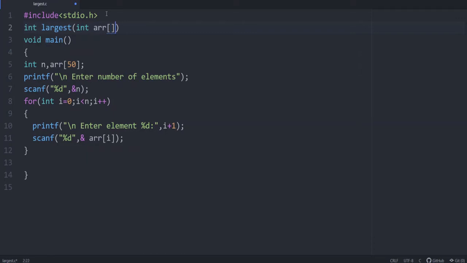We are not sure of the size, so you can just give square brackets to show that it is an array, and another variable to give the size of the array. So you have two variables. One variable is for the array and the other is to get the size of that array. For a function prototype, we end it with a semicolon. So this is the function prototype.